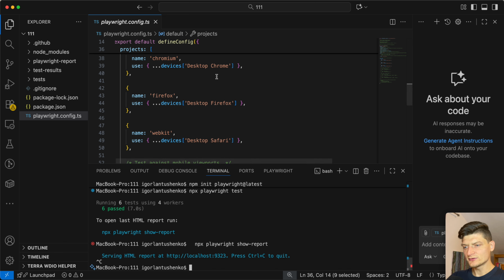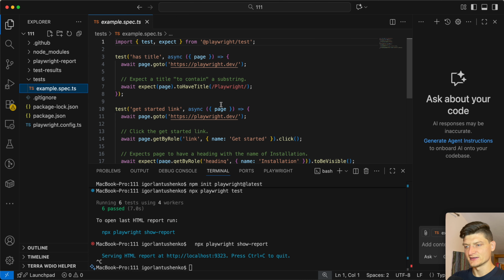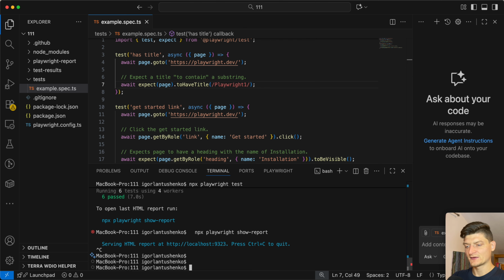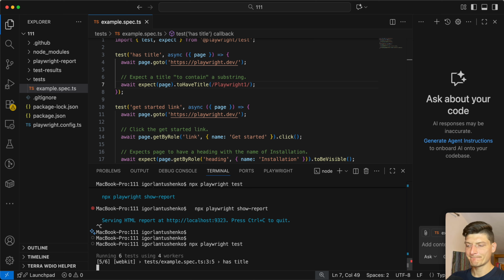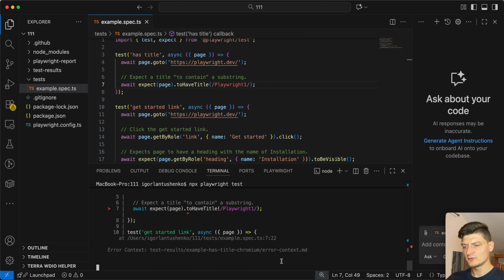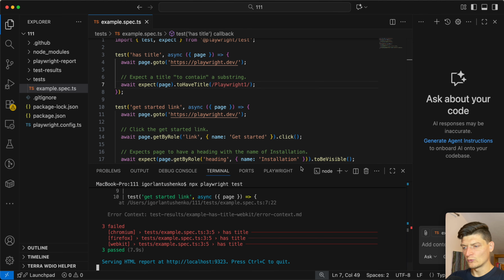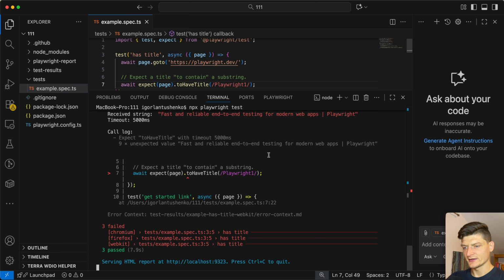Right, and what about the case when some of the test is failing? Let's open the test and let's have some failed check. Let's say we are not expecting to have Playwright 1, and so test should fail. Let's see what will happen. Again, we are rerunning our test, waiting a bit, and we should have an error. As you can see, we have 3 failures right now,